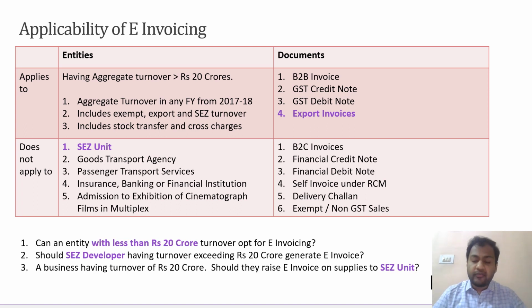A few questions here for all of us. Can an entity with less than 100 crore turnover opt for e-invoicing? As of now, optional e-invoicing is not available. Only if you are required under law to generate invoices electronically will you be allowed to. So even if I want to do it voluntarily, assuming my turnover is 50 crores and it might take 6 months for the e-invoicing requirement to apply under the notification, but I still want to go ahead and generate the invoices today, it is not possible.